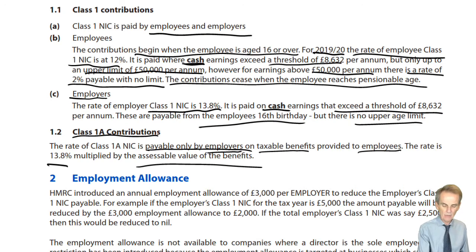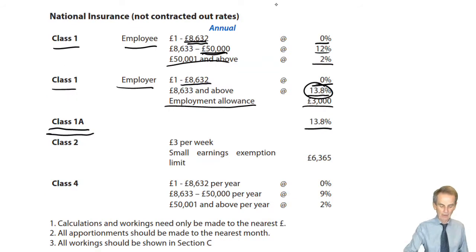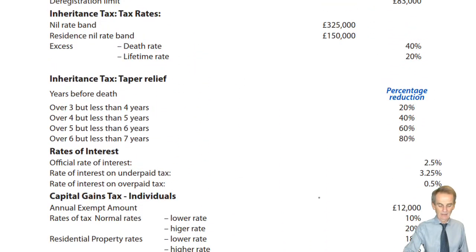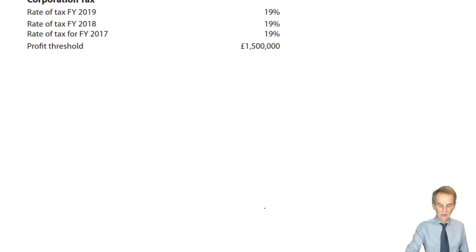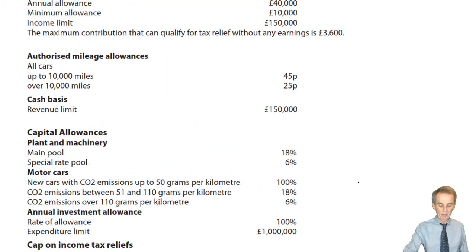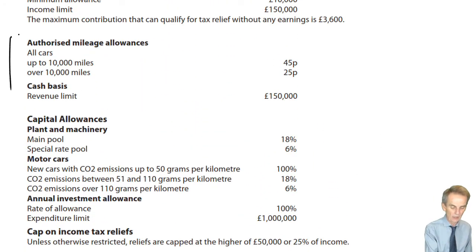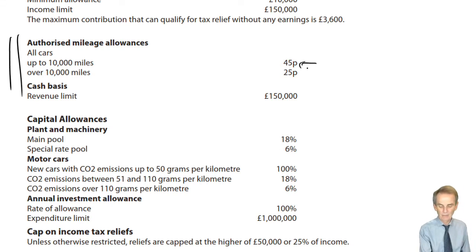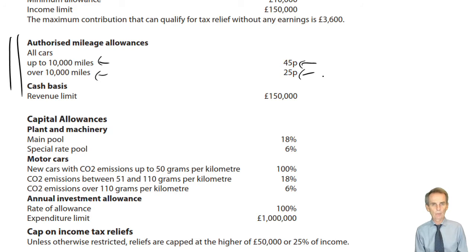Now again, you may recall that those approved mileage rates, I wonder if we can find them back here, were 45 pence per mile. Here we go, the authorised mileage allowance rates. 45 pence per mile up to 10,000, over 10,000 miles, 25p. Now, as regards employment income, if the employer reimbursed at above those rates, there was an assessment. If it was below those rates, there'd be an allowable deduction to take away in deriving the employment income assessment